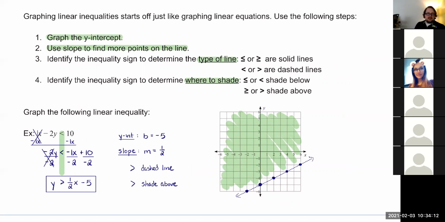But what do you think? Equations are a little bit faster. They don't have the extra information to check. But with this information in your notes, or for you guys who are writing it down, you've got all the pieces you need. You just need to identify it. And in order to be able to identify all the information you need, what form does it have to be in? Slope-intercept form. Y needs to be by itself. So here's what I'm going to do before I say anything else silly. I'm going to